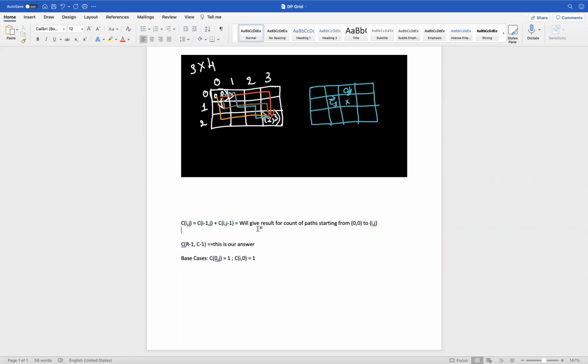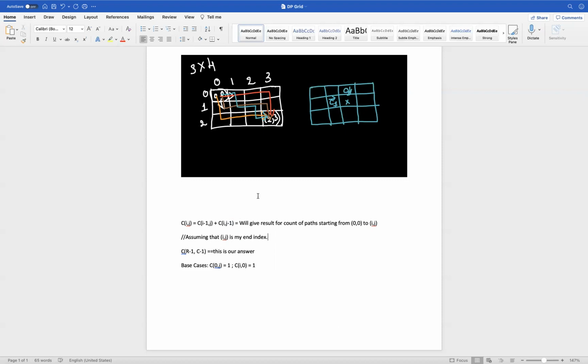Here I formulated this recurrence assuming that i,j is my end index.